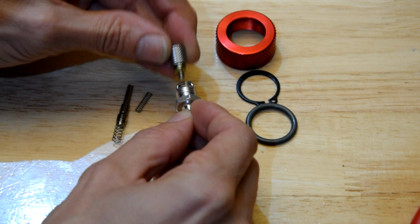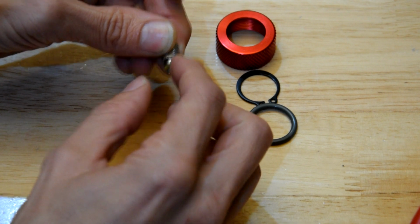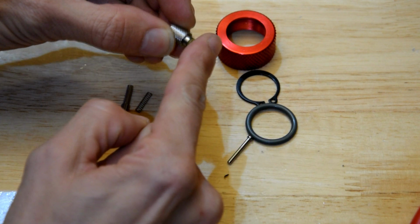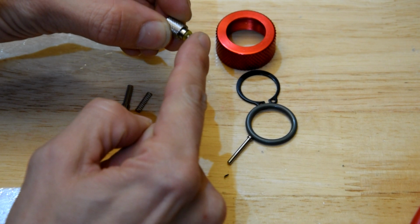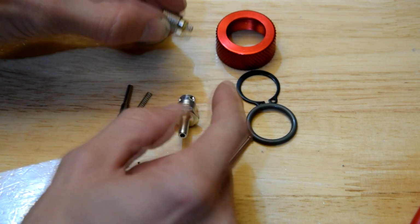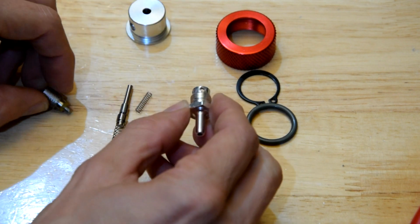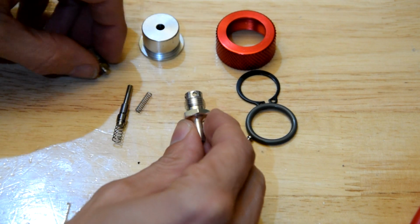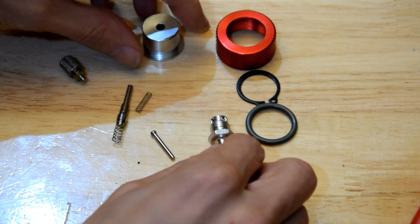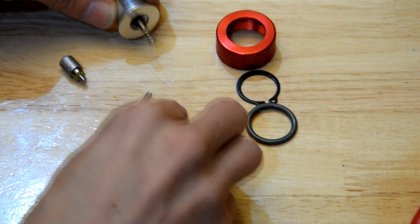If it hits one of the flat sides like that, the O-ring here doesn't seal all the way in. So I guess you could fix this by grinding a touch off of that, so that it doesn't foul on the inside here. The other thing is that people have had situations where they've tightened this up so tight that when they actually